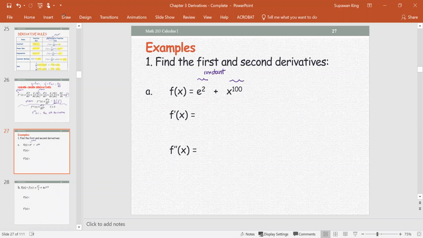whereas x to the power n is the power form. When you see x to the power of a real number, the power n is 100. So we are going to apply the rules: for y equals c, the constant rule, y prime equals 0. For y equals x to the power n, y prime is n x to the n minus 1. So for the first derivative, f prime,